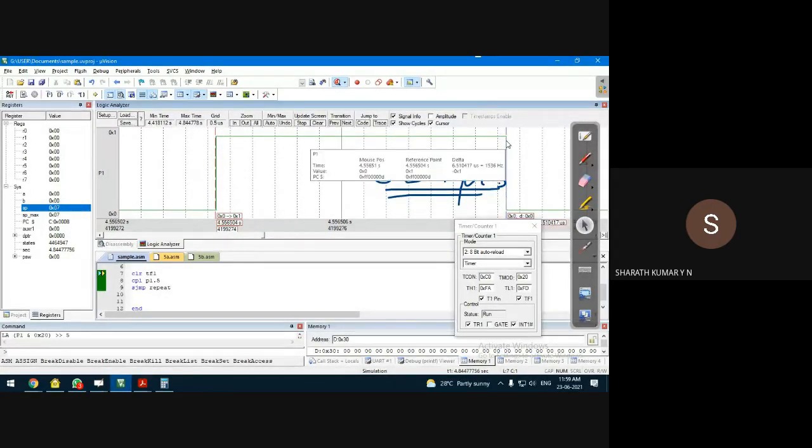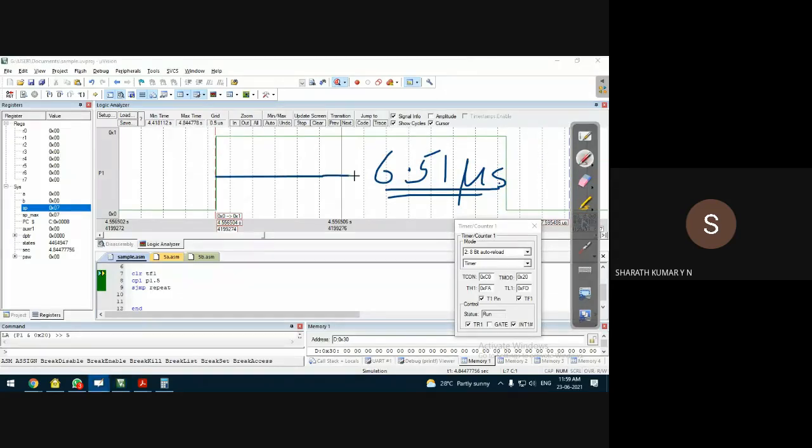Proper closure will give a better value. It is around 6.51 microseconds, close to that. In the calculator I'm getting 6.51. Here I'm getting a better precision, 6.510 microseconds approximately. This time period is now 6.51 microseconds.